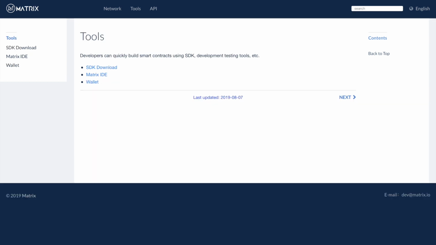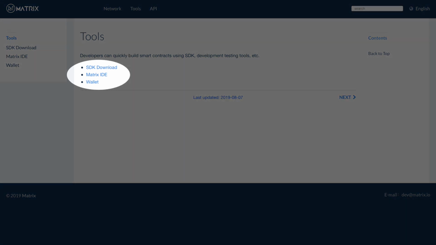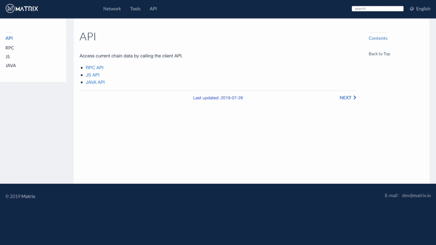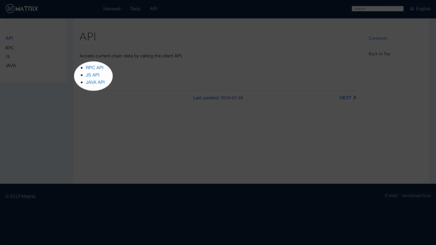In the Tool module, developers can create applications using tools such as SDKs, IDEs, and wallets. In the API module, the platform provides API in RPC, JS, and Java, and details the steps and use cases